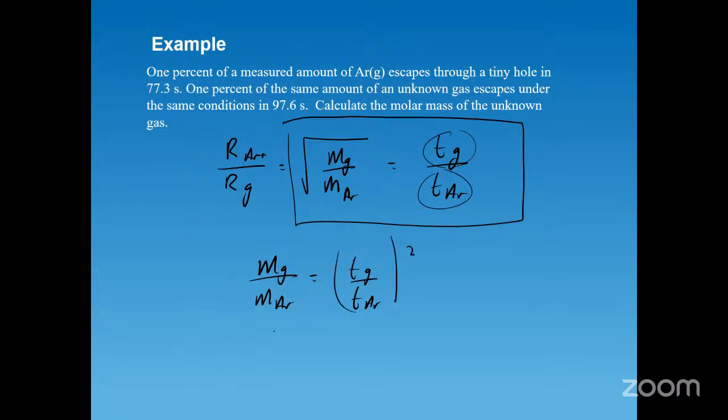And then to find mg, that will be equal to MAR, molar mass of argon, multiplied by the time of diffusion of the gas divided by the time of diffusion of argon, all of that squared. So all we have to do now is put the numbers in. So mg is equal to, the molar mass of argon is 39.95? Yeah. All right,